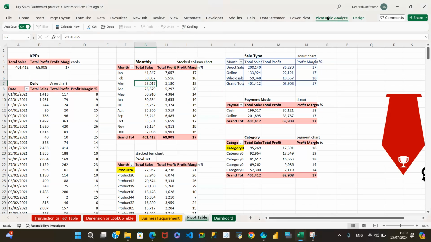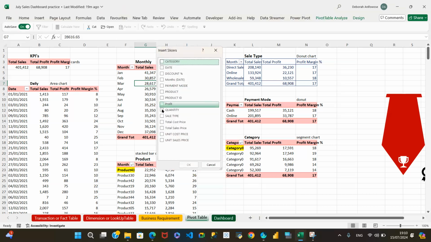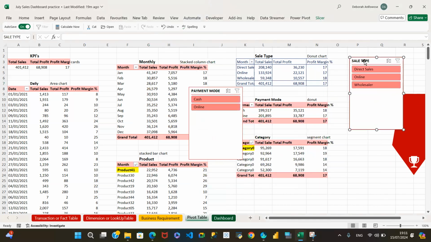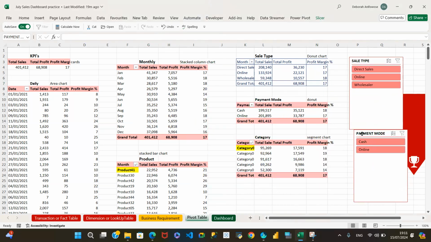So I'll go back into that. Payments mode and sale type. I'll click on those for slicer. Okay, I'll okay that. And we have those 2. And you can see that it's automatically picked the theme of the color within the, just so that it rhymes. Can you see it? Pick that,